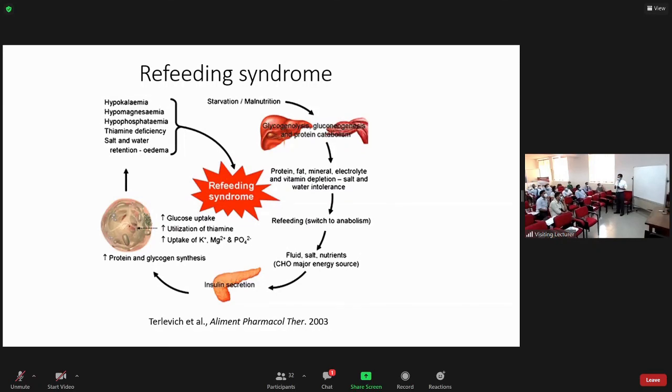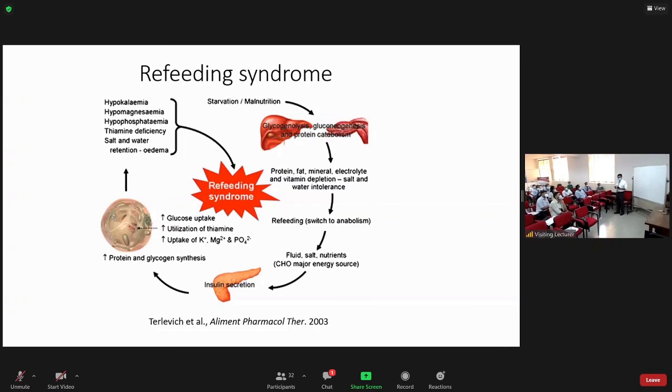If the patient is having, we have to assess the risk of refeeding syndrome before starting feeding. If the patient has been kept fasting for a long period, or has diabetes, or is alcoholic, then of course we have to start feeding gradually. Usually it is recommended, if the patient has a high risk of refeeding syndrome, to start with 25% of the normal requirement and increase gradually by another 25% in 2 to 3 days' time. So you should take at least 1 week to advance the feeding up to 100%.